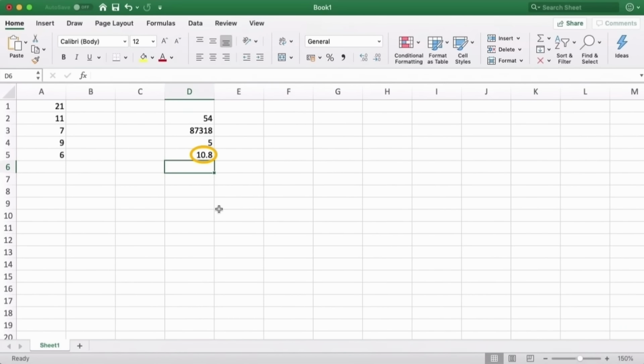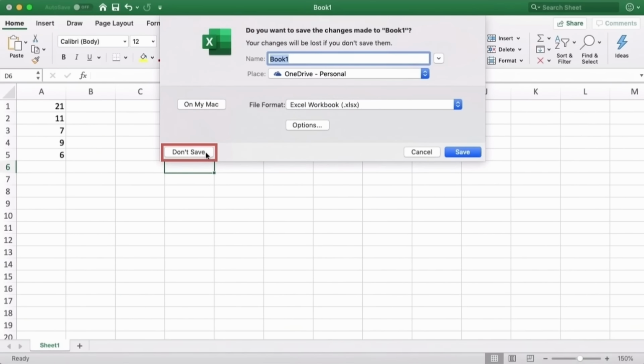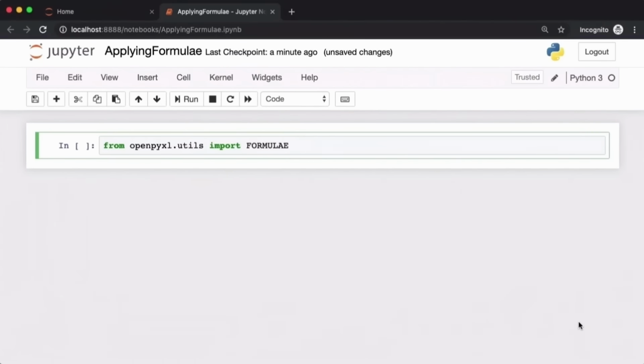Formulae, like those which we have demonstrated so far, are known as worksheet functions in Excel because we type them out in individual cells of our worksheet, and they also operate on other cells within the same worksheet. Let's see how we can recreate this using Openpyxl. So let's exit out of Excel. There's no particular reason for us to save this workbook, so we hit Don't Save and switch back to Jupyter,